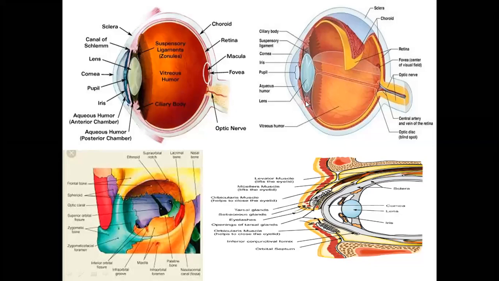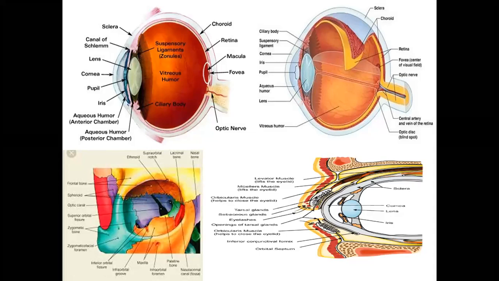When the ciliary body produces the aqueous humor, it comes first into the posterior chamber and then goes via the pupil. Between the two iris diaphragms, there is a small aperture, and that small aperture is called the pupil. So through the posterior chamber, the aqueous humor enters the anterior chamber, and then through the canal of Schlemm, it enters the blood circulation. This is how the intraocular pressure is maintained by the canal of Schlemm. So this is very important.